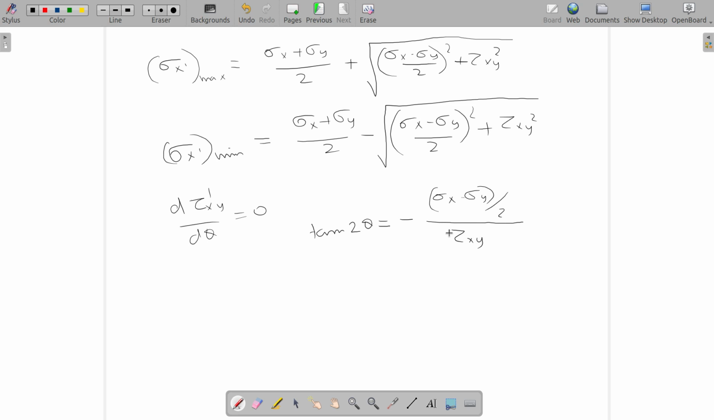Just like the previous case, if you back substitute 2 theta into the equation, you will find out the maximum or minimum value. If you find the derivative, you'll get a maximum or minimum, right? So the maximum or minimum value will be plus or minus the square root of sigma x minus sigma y by 2 whole square